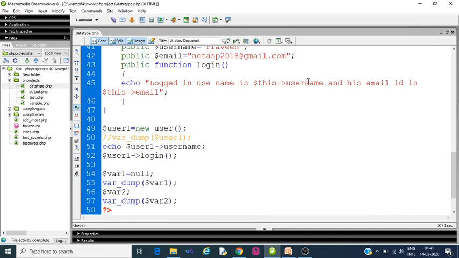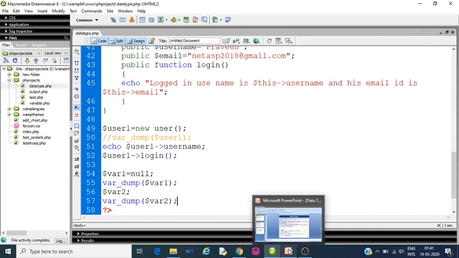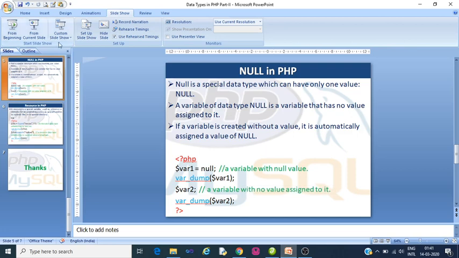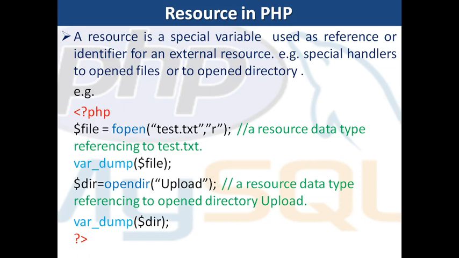So let us come to our presentation. Next is resource. What is a resource? A resource is a special variable used as a reference or identifier for an external resource. A resource variable can be special handlers to opened files or opened directories, etc. For example,